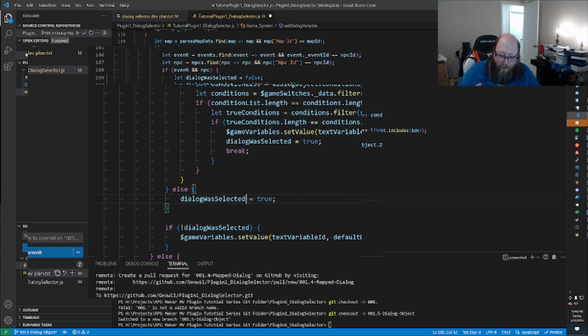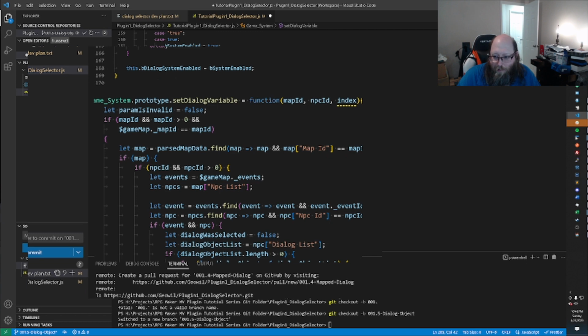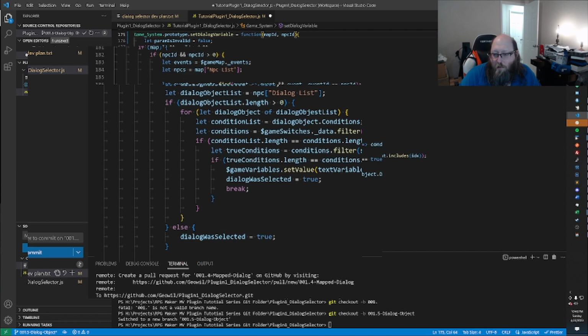So instead of having a page for each set of switch conditions that should show different dialog, we're now saying one page, no conditions, and then the switch conditions themselves will be used here to determine what is shown on that NPC page. In order for that to work, we can't use the index anymore. The index is no longer a valid parameter for this. Instead, we check to see if the map is the current map and is a valid map ID, if the NPC is on the map and is a valid NPC ID, and then if the NPC has dialog objects associated with it in the data, we loop those objects and pull out the condition list. If the condition list matches,